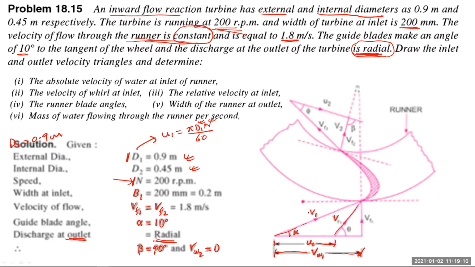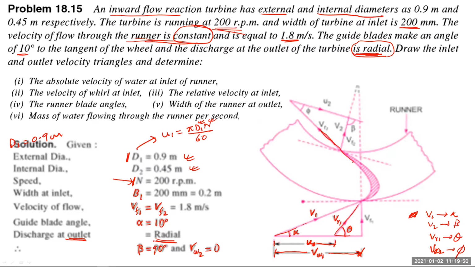Okay, this term is your relative velocity. For memory purposes, keep this in your mind: V1 minus u1 gives you vr1. Okay, and it is making an angle theta with the horizontal axis. Again I'm telling you, for memory: v1 is making angle alpha, so v2 will be making beta. Okay, vr1 is making theta, so vr2 will be making phi. So on the outlet side, keep this in your mind for memory.